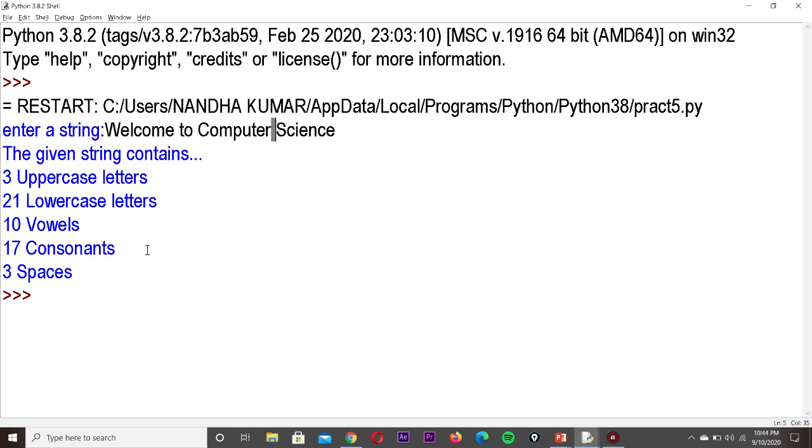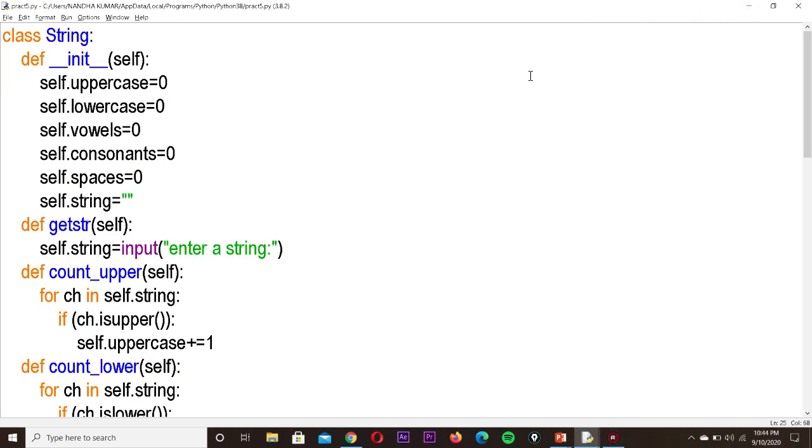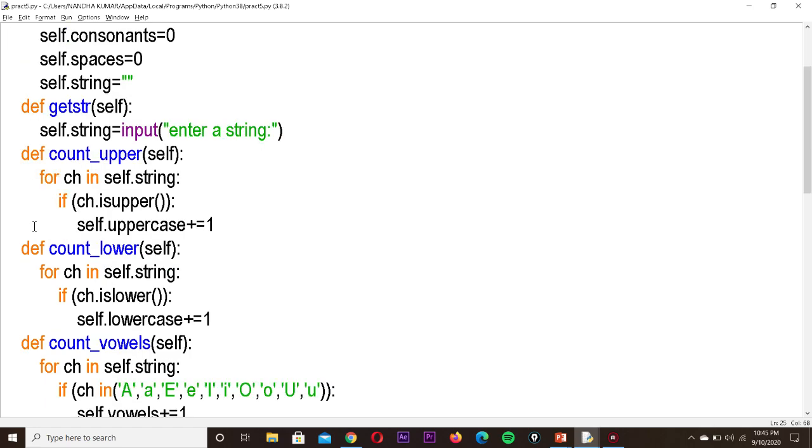Whenever you are doing this program, you should be very careful about the indenting. You should make it correctly. def should have one indenting. Then inside def only we are writing all the statements, so leave 2 indentings. Automatically if you press tab, it will give the indenting. Two tab spaces. And similarly here also. It's like a step or ladder.